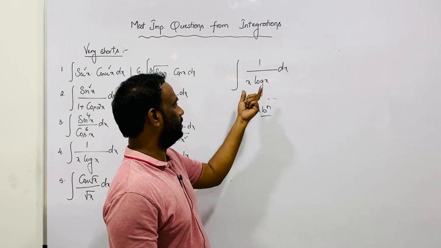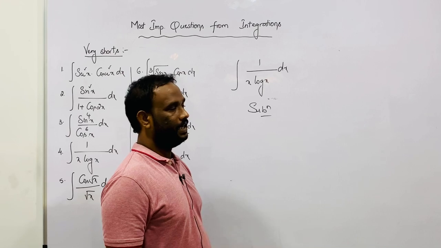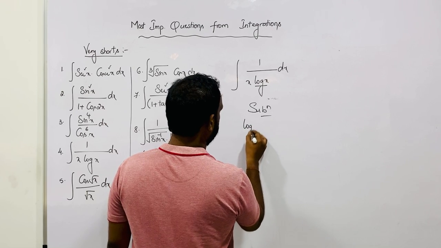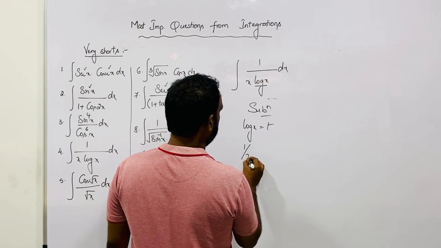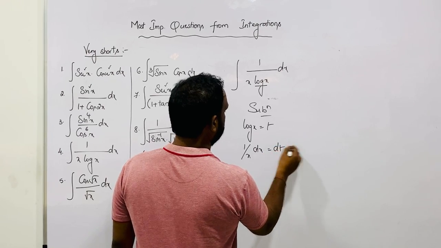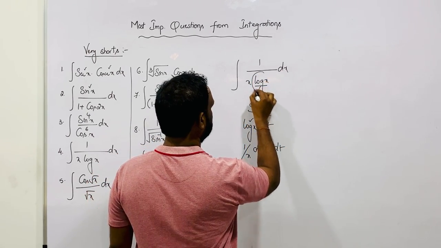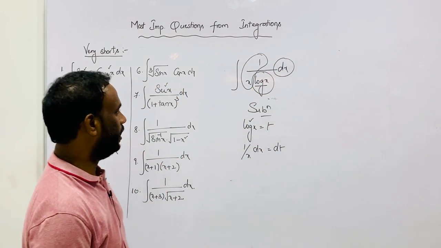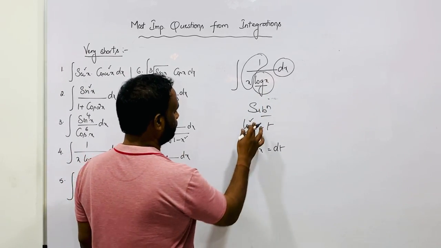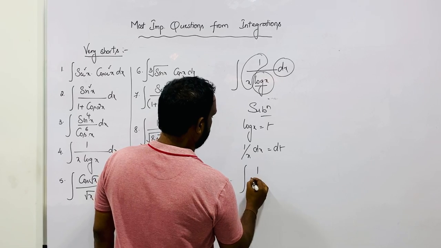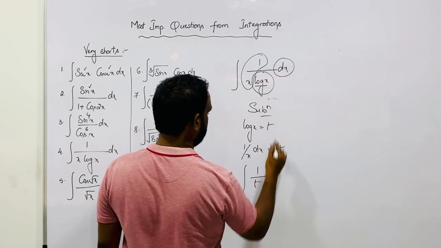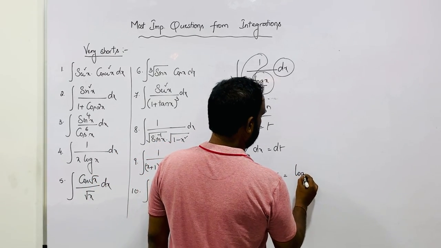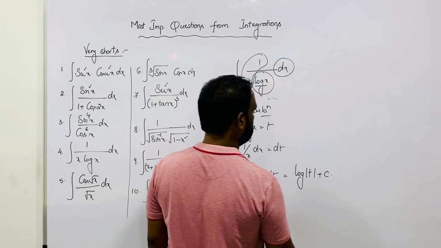First check which part, when considered as t, allows the other part to be removed as f dash x. So here, if you consider log x as t, then its differential 1 by x dx becomes dt. So by taking log x as t, the remaining function 1 by x dx is replaced by dt. So I am taking log x as t here. So integral of 1 by t, since 1 by x dx becomes dt. We know that the integral of 1 by x is log mod x. So here it is log mod t plus c.